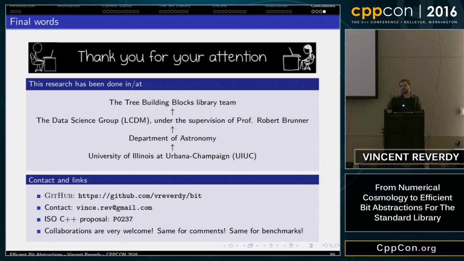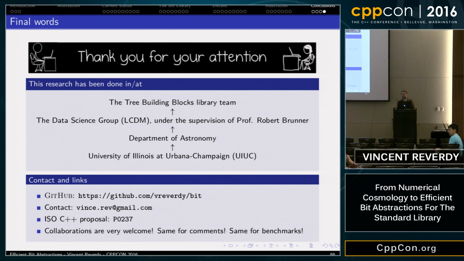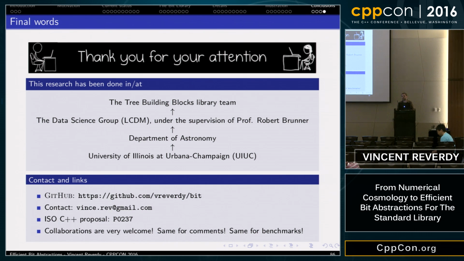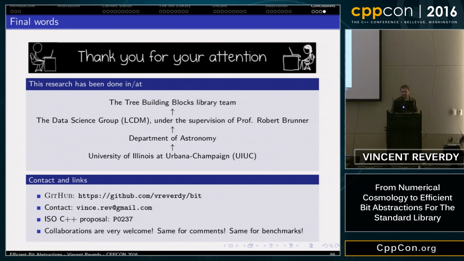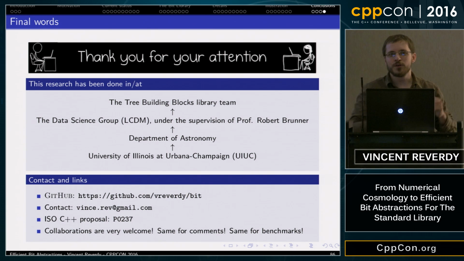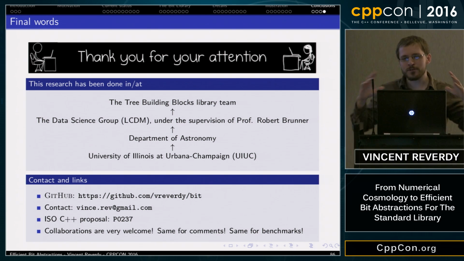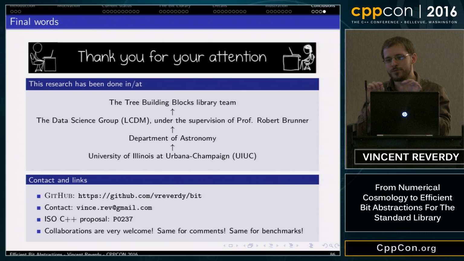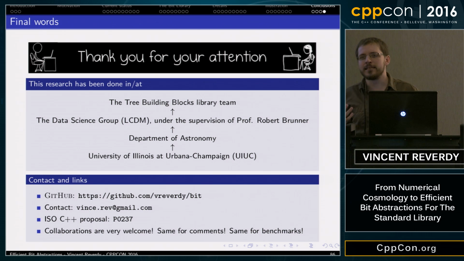Any question? Are you able to use this in any sense yet in your cosmological simulations? Are there subsets at least that you can throw this at that it helps with? So it's a long-term project, and we are starting to use this to implement a class called integral bitset.